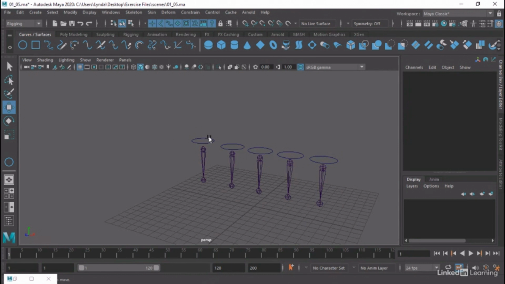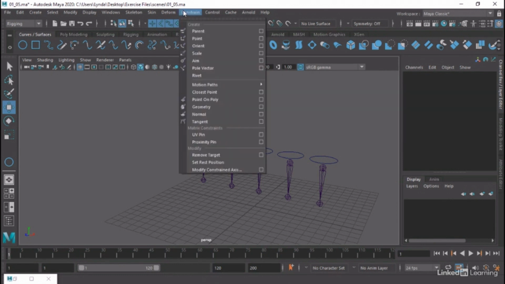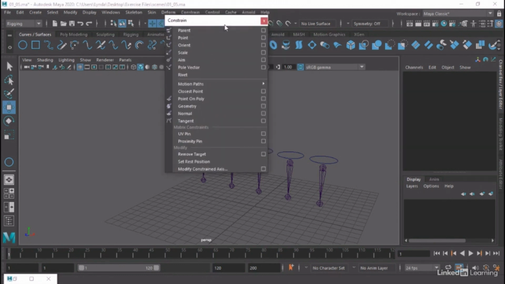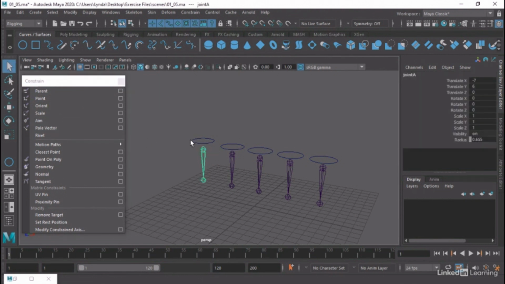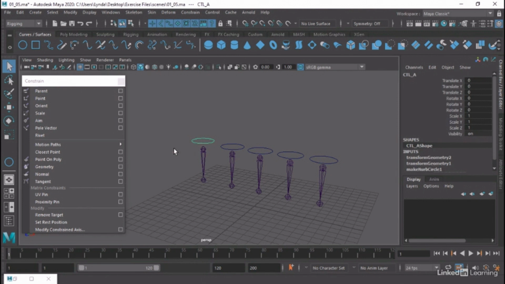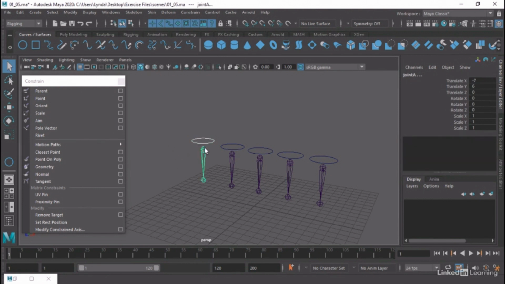So if we want to control this and have the ability to have a good 0 point, we will need to connect these with something like a constraint. So let's go ahead and see how constraints work. So I'm going to be in my rigging menu, and under constraint, let's go ahead and tear off that menu. Now, there's a whole bunch of constraints that Maya can use, but the ones we're going to use in character rigging are pretty much the ones along the top here. So let's go ahead and constrain this joint to this control. So I'm going to select the control first, select the joint last, and then let's do what's called a parent